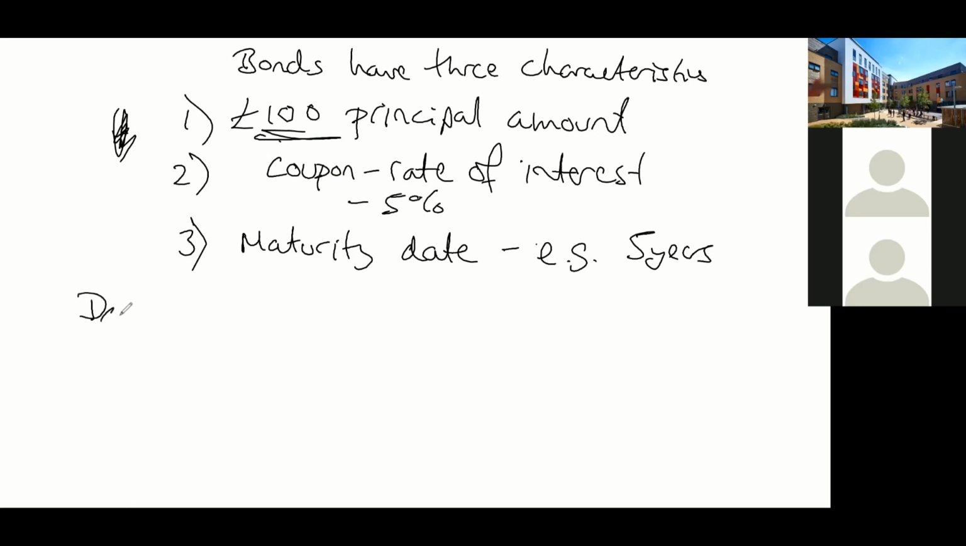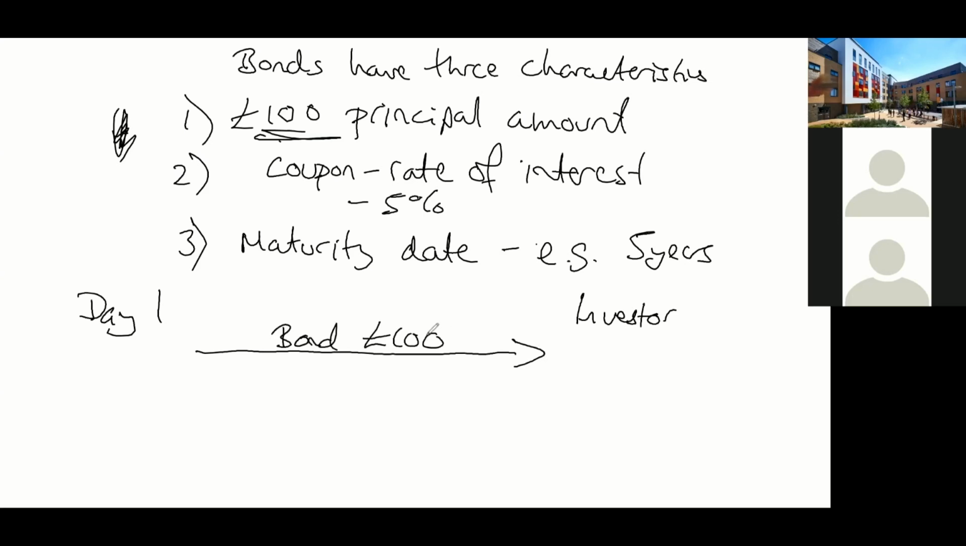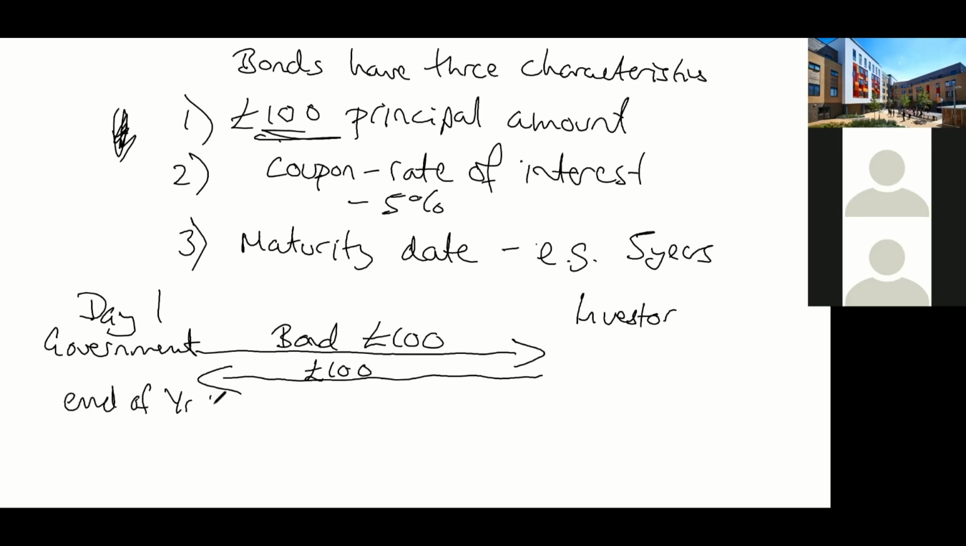So on day one, and let's say you've got an investor here, on day one, a bond with a principal amount of £100 will go from the government to the investor, and then in exchange the investor will lend the government £100. Now let's say this investor decides to keep the bond and they don't do anything and they just hold it. Then at the end of year one,